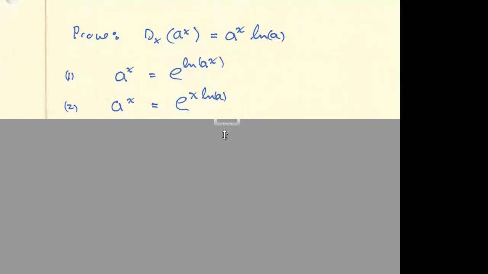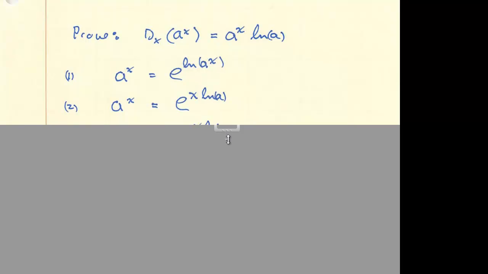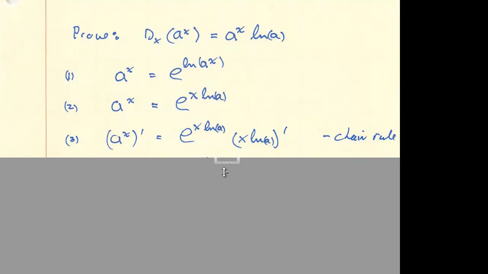So a to the x, if we use the properties of exponents or of logs and bring the x out as a multiplier, then we can differentiate this using the chain rule. So the derivative of a to the x, differentiated on the right hand side, is the derivative of e to the thing, which is e to the thing times the derivative of the thing, and the thing in this case is x ln of a. The derivative of a constant times x is just the constant. In this case, the constant is ln of a. So that leaves us with